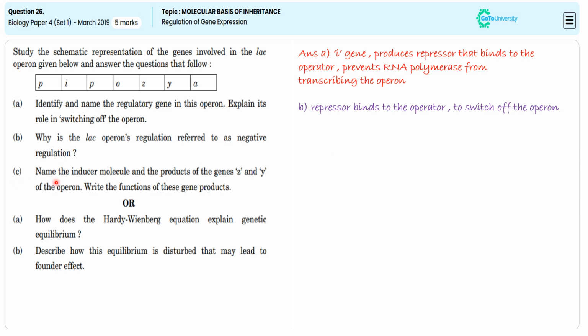In the third sub-question, they are directing us to give the inducer molecular name and the gene product name of the gene Z and Y, and they are directing us to specify the gene product function. For this, we are illustrating the lactose or allolactose availability inactivates the repressor protein so that the RNA polymerase will interact with the promoter more effectively, and the structural gene LAC Z, Y and A will go for effective expression to make the enzyme beta galactosidase to facilitate the lactose catabolism so that we will be getting glucose and galactose